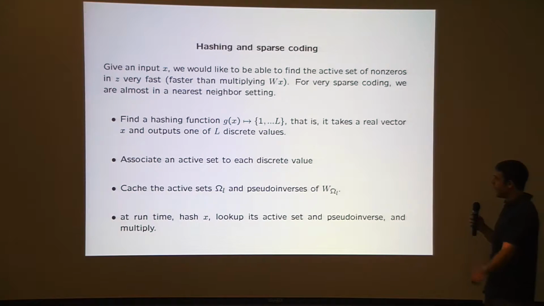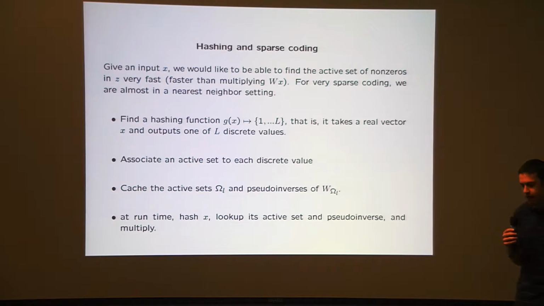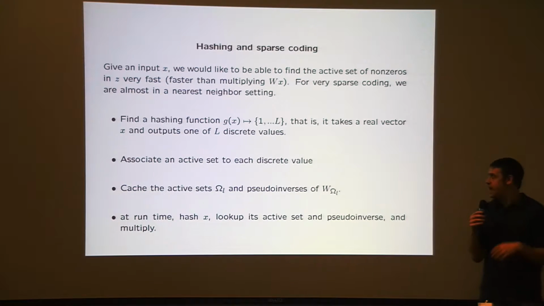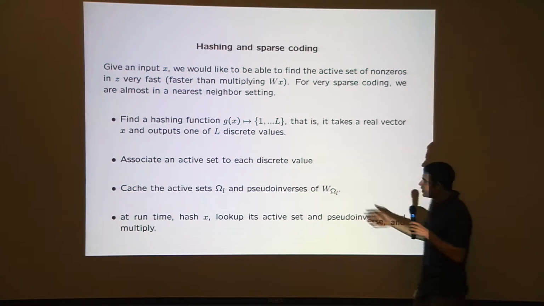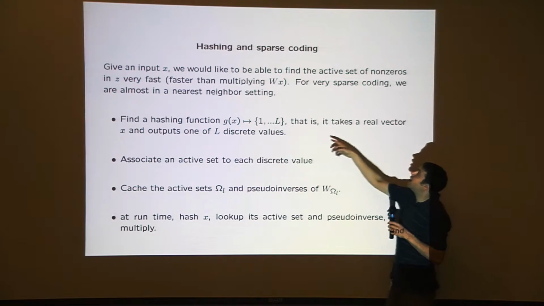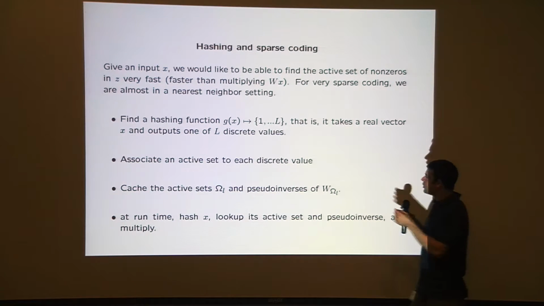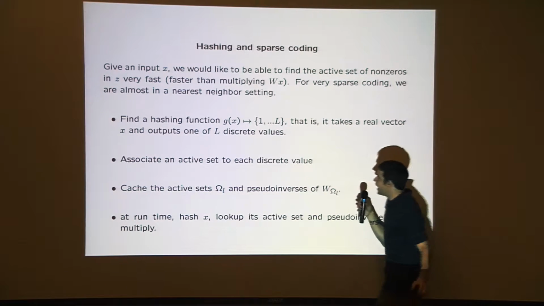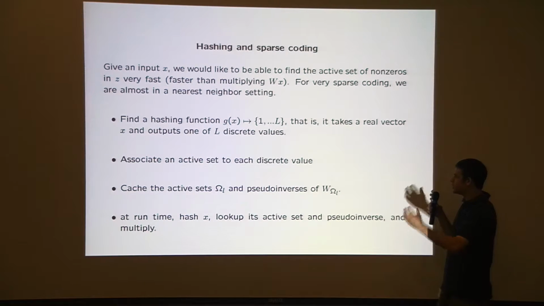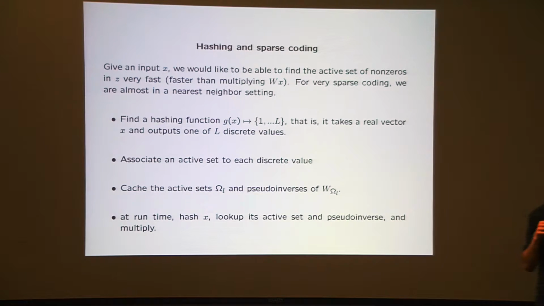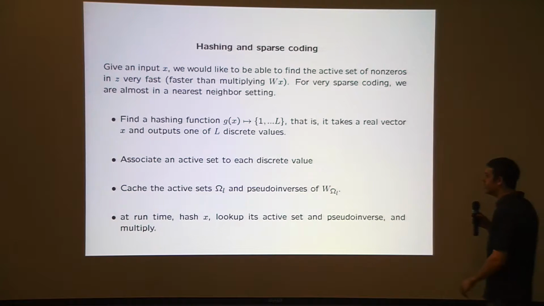So what you want is a hashing function, some function that you input your x and it outputs some finite number of values, and that finite number of values shouldn't be too large. And then you're just going to associate to each of the L hash buckets an active set. You're going to associate a list of possible things that can be turned on at that active set. So